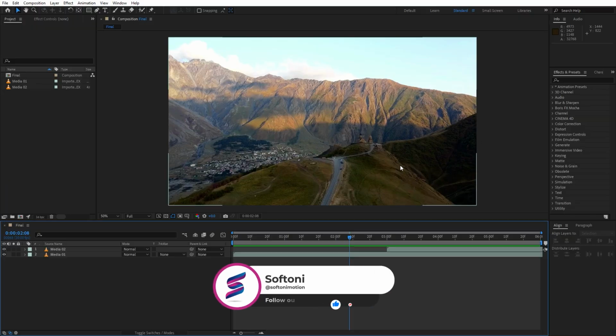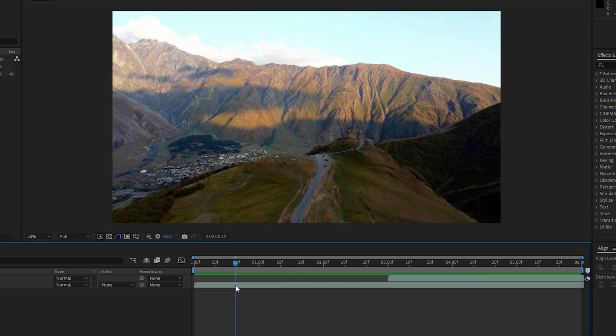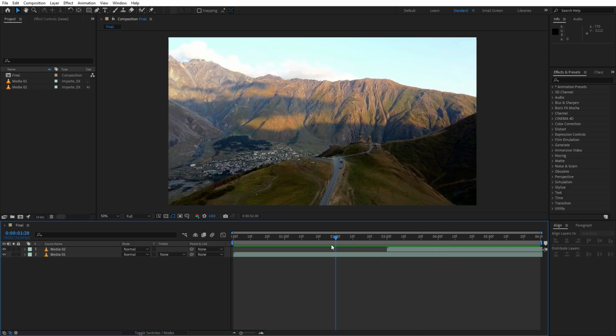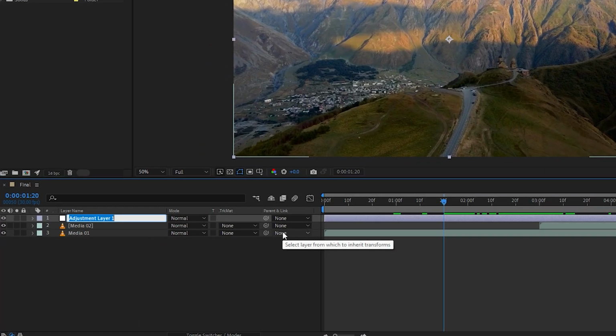Alright guys, here we are in After Effects, and as usual I have already created the final composition, and here's Media 1 and Media 02, and this is free footage from pexels.com, and of course you'll import your images or medias. For the first step, let's right click to create a new adjustment layer, and this is gonna be TR